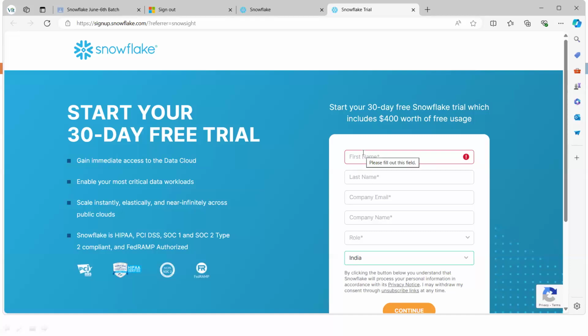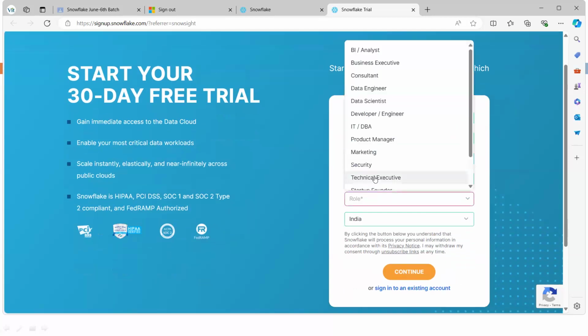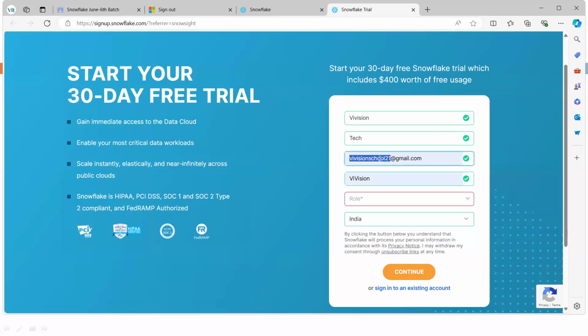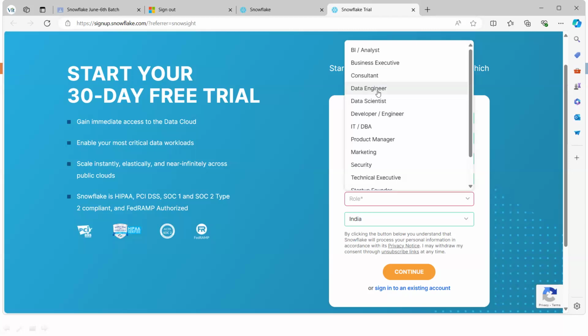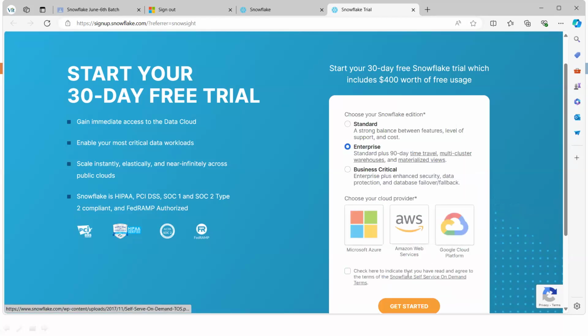So how to create a Snowflake account? Let's see now. At app.snowflake.com you need to mention your name. I'm going to mention the institution name here, and the company email ID. This is my email ID, but here you can provide your own email ID. What is the role? You can mention data engineer. Click on India. Now, as soon as we click continue, see,